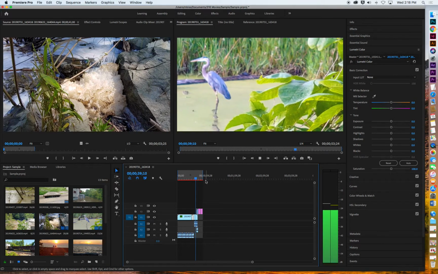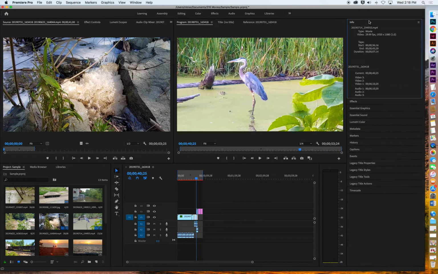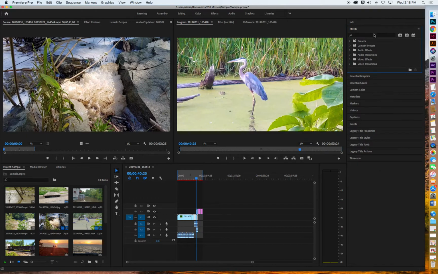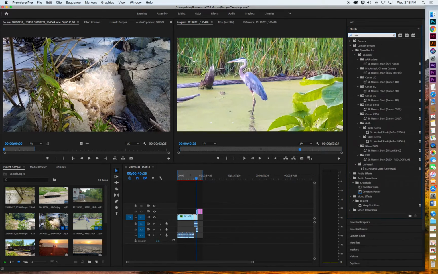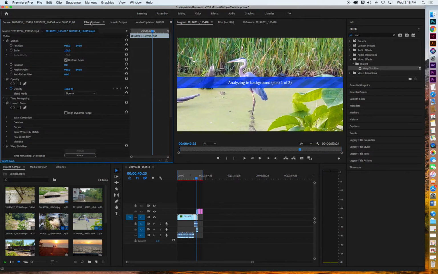You can see it's kind of jumpy. So the second to last thing I want to show you is how to stabilize something. If you've got film that's jumpy, you can come up here to your effects, and we know that stabilizing is the terminology used. As long as you know the terminology, you can search for it. Stable, if you just start typing that in, you can see Warp Stabilizer, and drag that to that particular clip. It then begins analyzing the background. Okay, there are a lot of frames in this background, and if I go to Effects Controls,